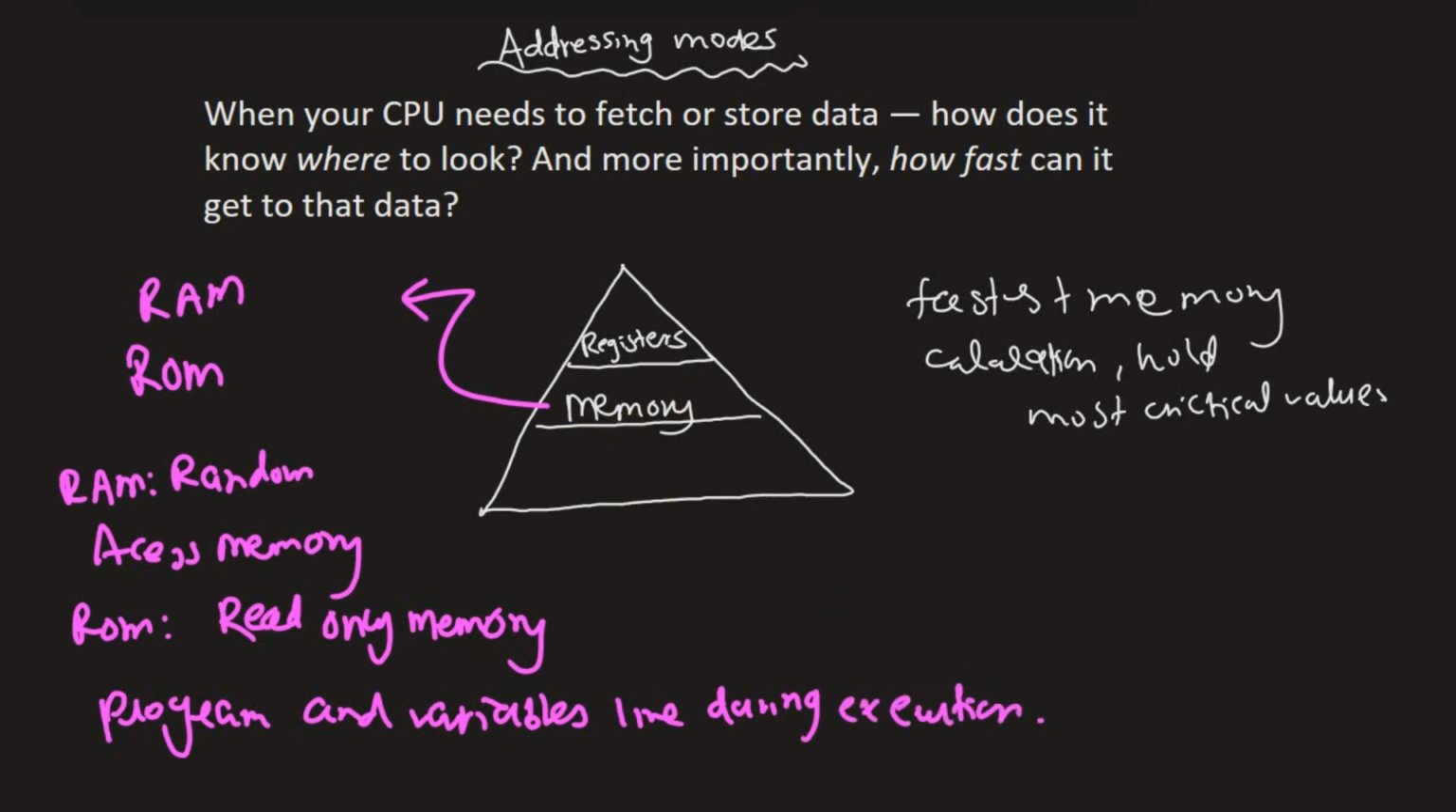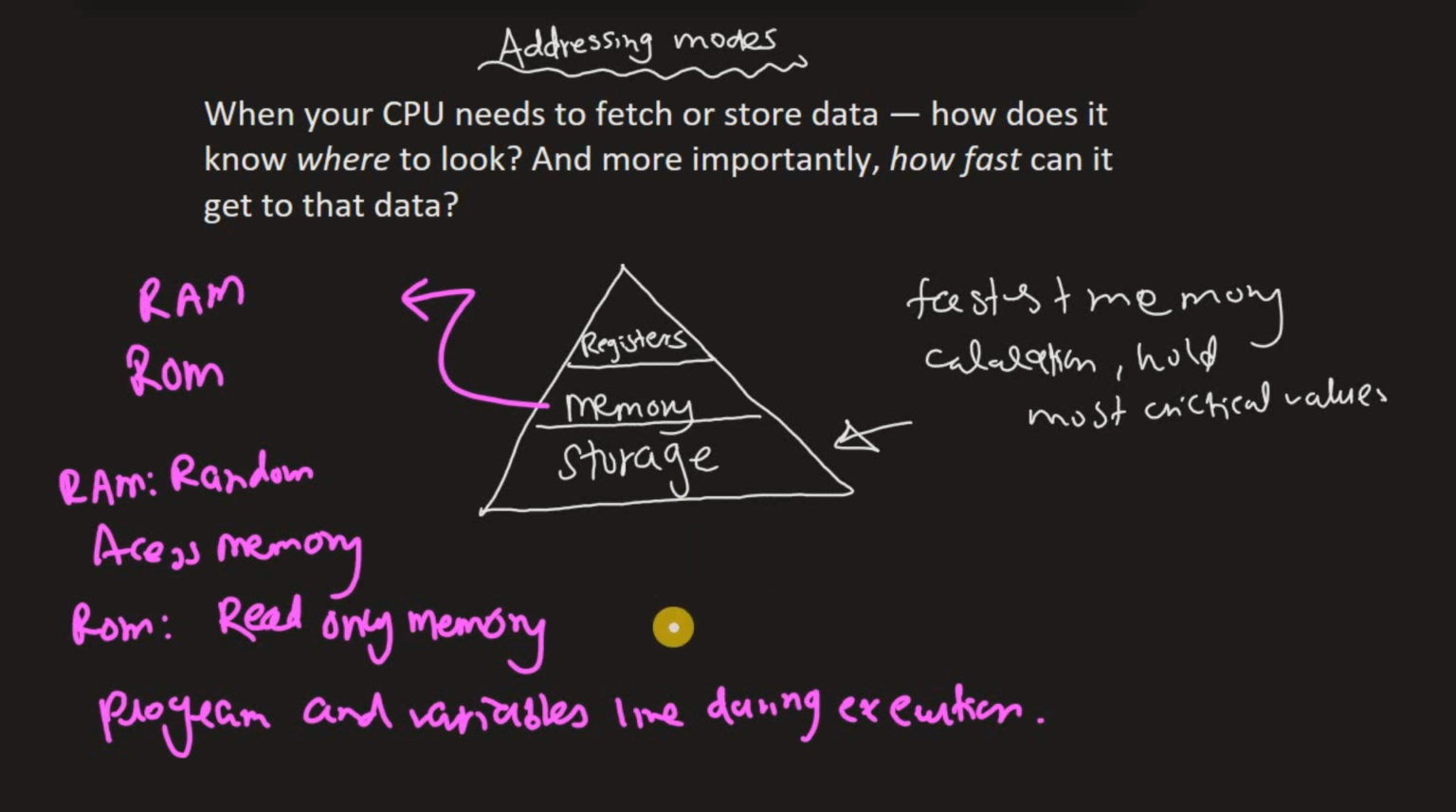And lastly, what do we have? We have storage. If you want to compare the speed, first of all we have registers, second we have memory, and third we have storage, which is of course the slowest. And you guys have to remember this speed pyramid,